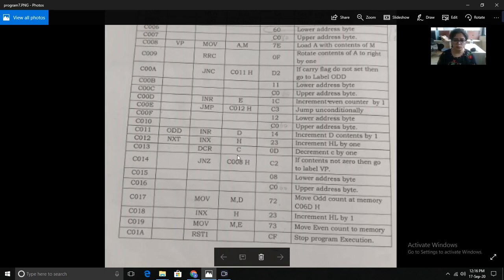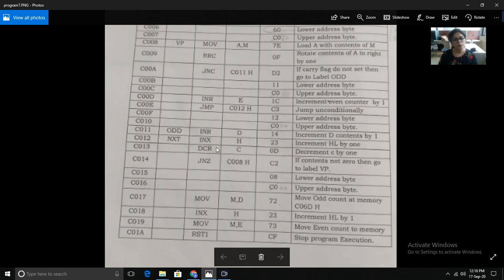C is the register where we have stored the length of the block, that is 13. So we had total 13 numbers. As we had 13 numbers, you know why we use a counter to count the steps. Let's assume that we have started from the 13th number, then it will move to the 12th number and so on till the first number. So that's why we have used the counter to count the number of steps.